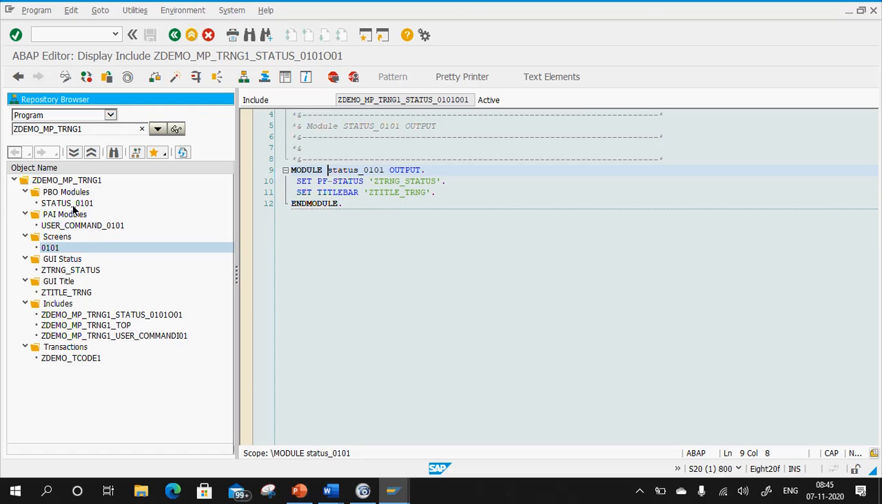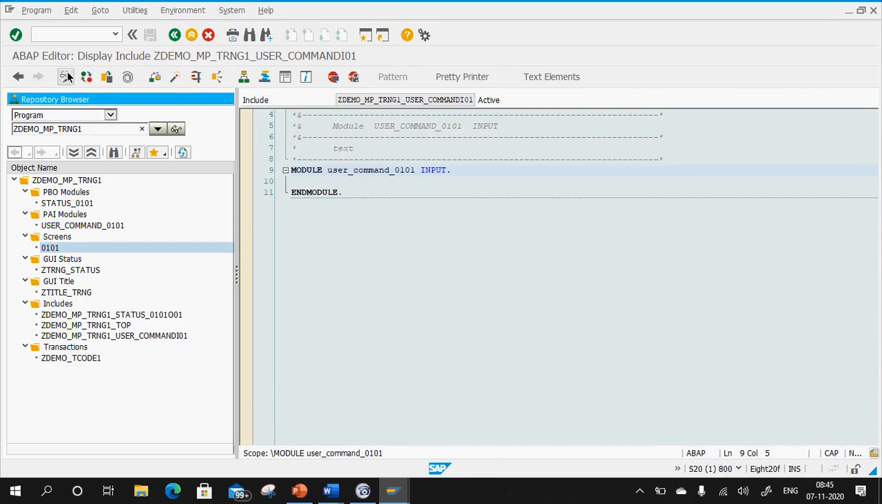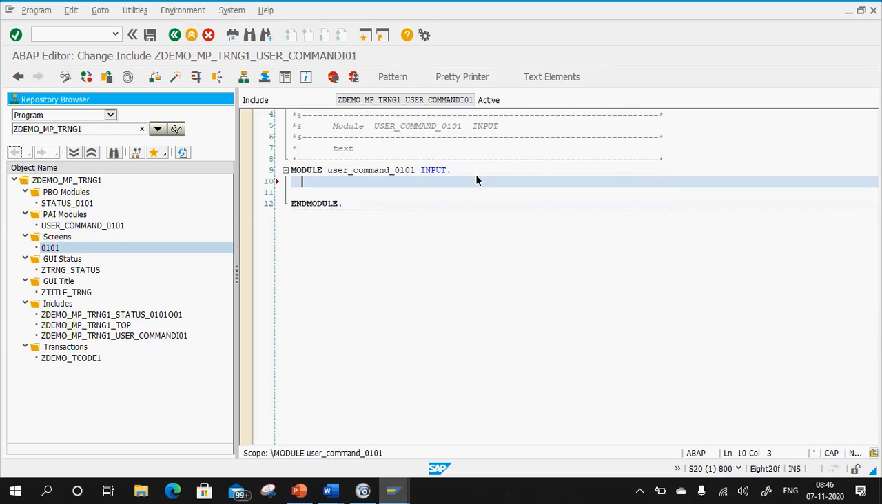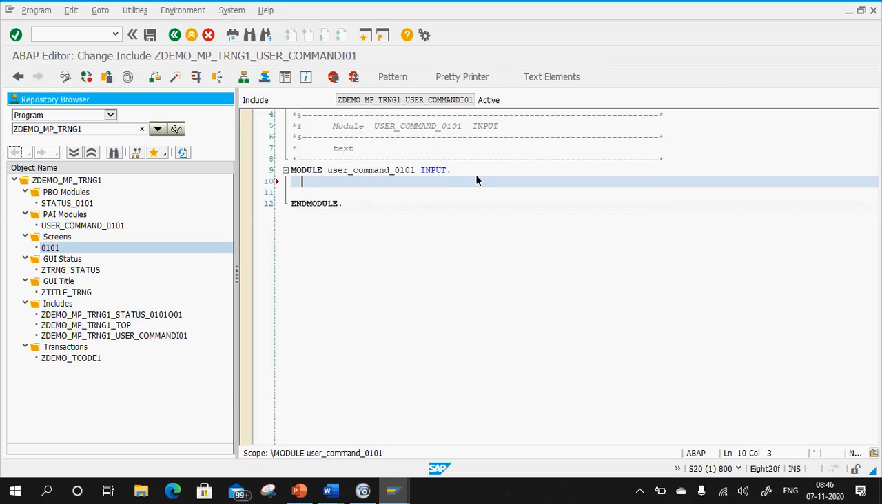Now what we will do is, in the user command, I will add the logic here so that I'll be able to handle which radio button is clicked. If OK_CODE, I've specified OK_CODE there, right? So if OK_CODE equals, what is the name of the radio button group that I had given? Radio, right? In that function code, if OK_CODE equals radio and RAD1 equals X, then